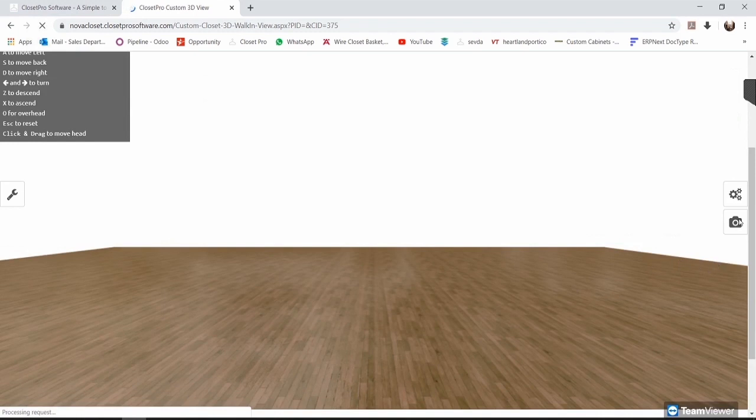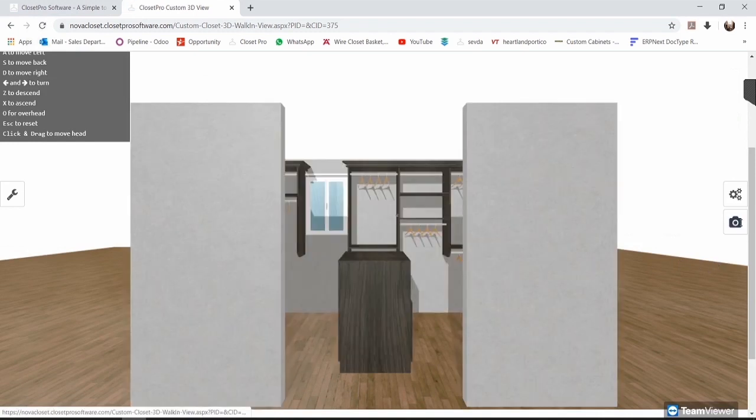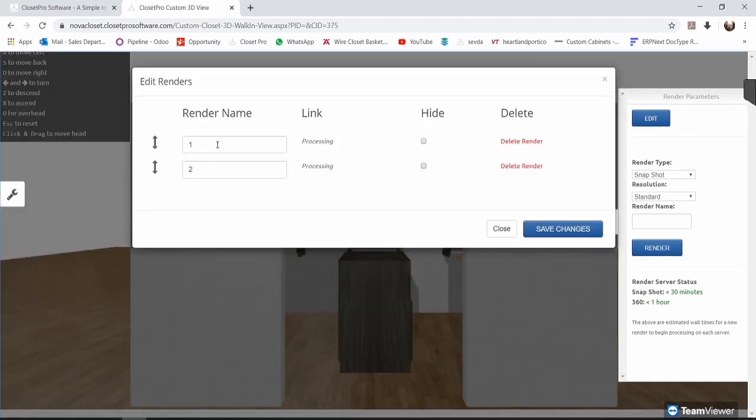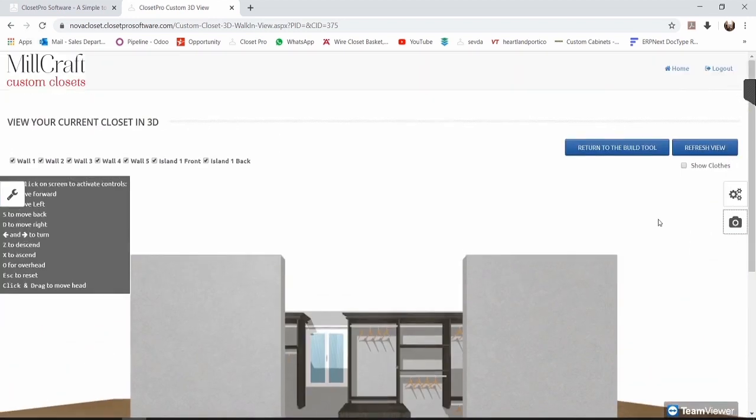So while it's rendering, let's flash the page and see the process. Let's go with the camera button. You can click edit here and you can see render 1 and 2 right now processing. Okay, while it's processing, let's